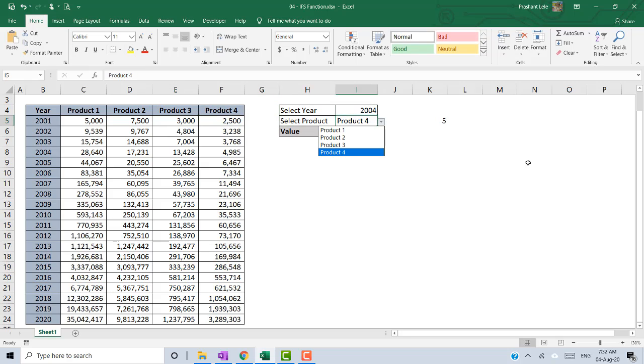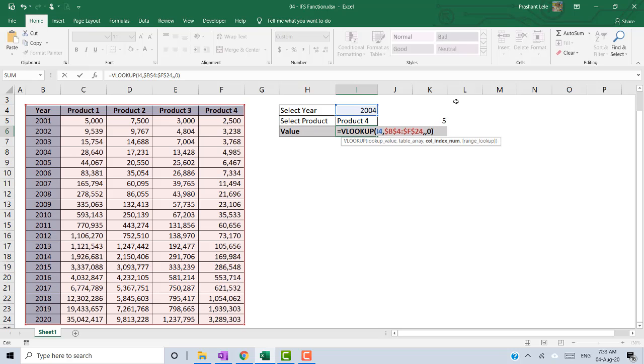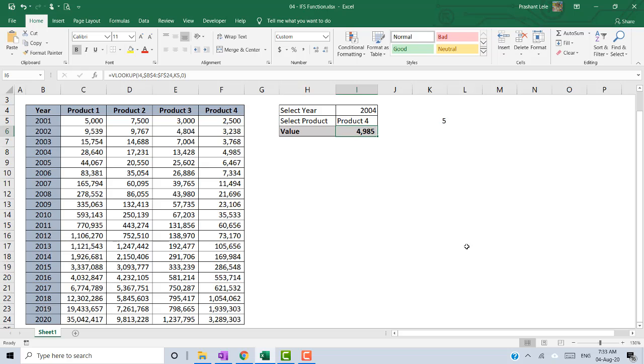Now this figure will change, 3, 4, 5. Instead of 2, I will use this cell as input. So for 2004 and product 4, it is 4985. Now this value will change as per whatever selection is there.